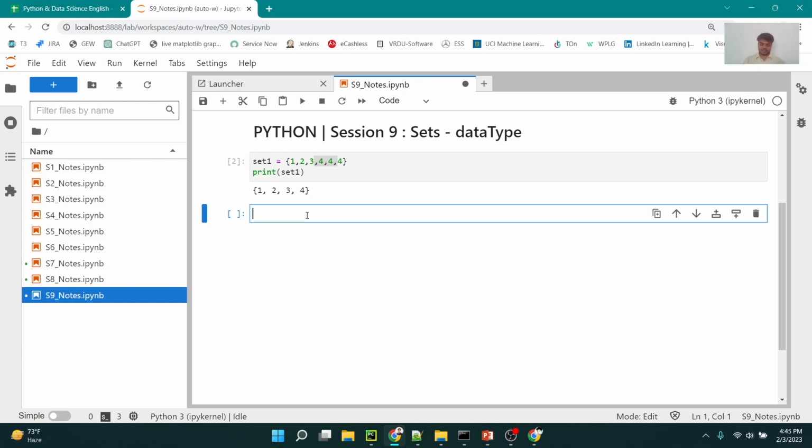So how do we create a set? As you know, a list is created by square brackets. Tuples are created out of parentheses. Dictionaries are created out of curly brackets, but with key value pairs, multiple key value pairs separated by a comma, right? In the same way, a set is created by curly brackets. You can also call them flower brackets, and different values are stored in it, separated by commas, just like lists